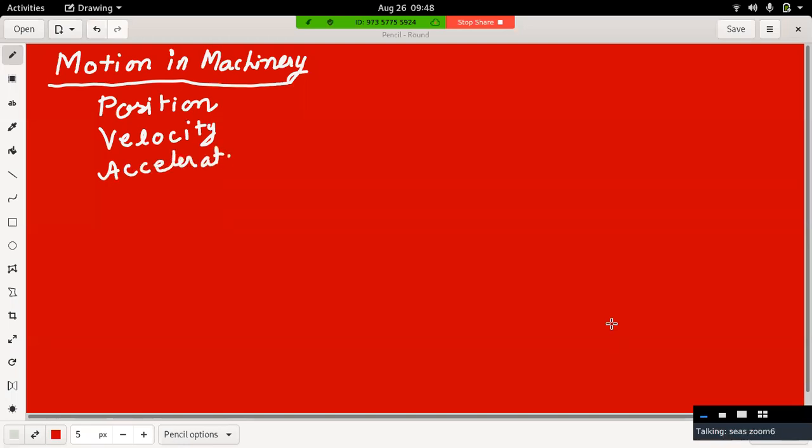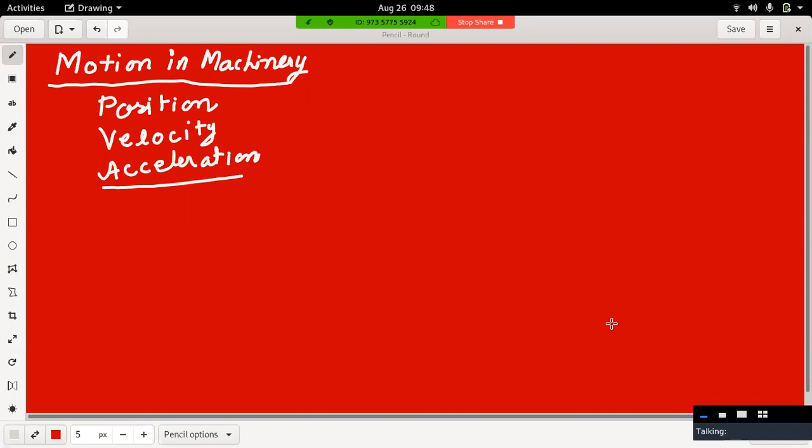So acceleration leads to inertial force F by equation F is equal to ma. So once you have the value of acceleration, you can determine what is the inertial force existing in any particular link, and therefore you can design that link according to kinematic requirements. Apart from the stress requirement that you have already studied in strength of material course, there are these inertial forces which may get generated additionally due to the acceleration.